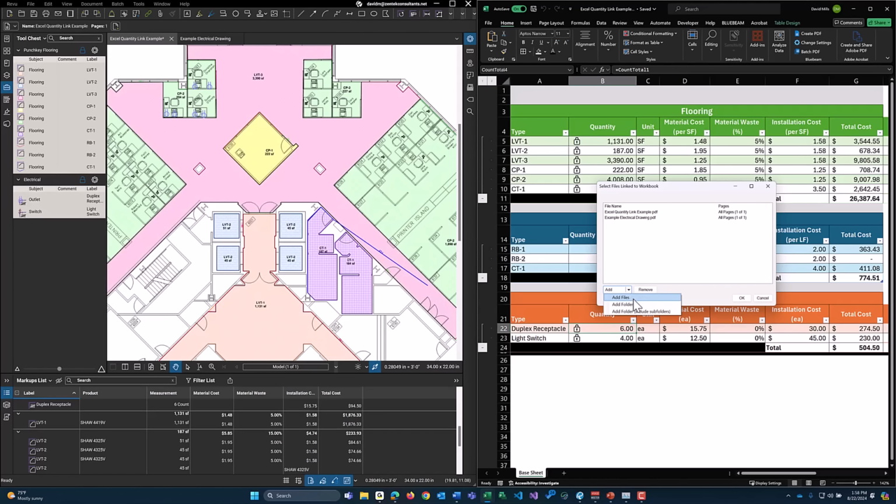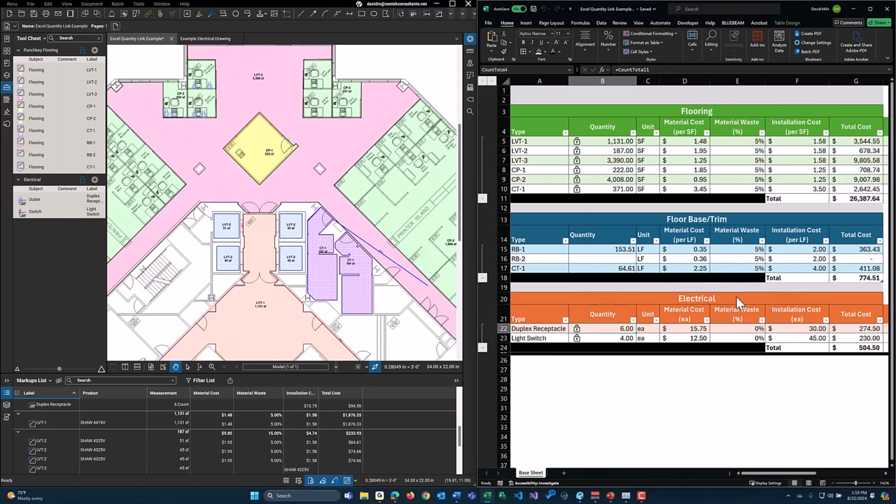I could add an entire folder, and I could even add folders, including the subfolders within it. So if you wanted to add an entire project directory into here, you certainly can, and it will capture all of your takeoffs. Okay, I'm just going to close out of this